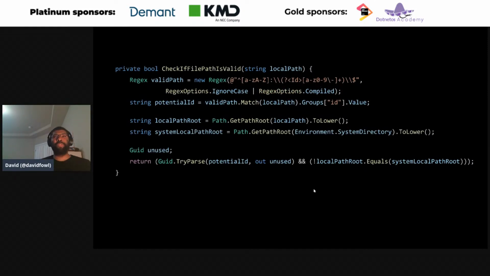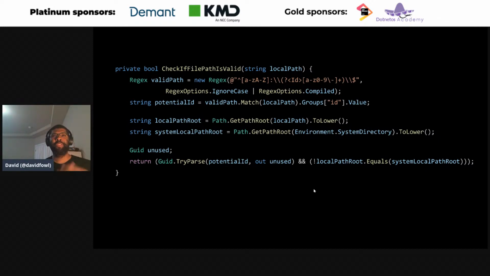This one hurt my soul a little bit. Give it a read. So we want to check if the file path is valid, and we're passing in a path, and then we do regular expressions, which is my arch nemesis. But it's much faster though, and it's going to be even faster in .NET 6, so maybe I won't hit it anymore. And then we pass in compiled and ignore case.